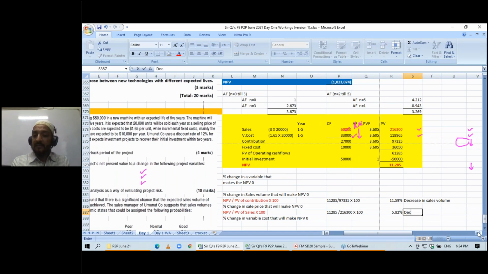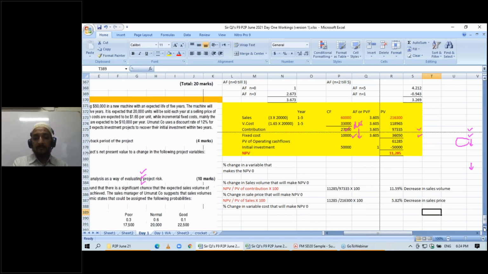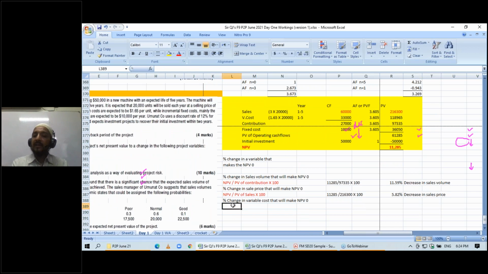So again, there is a decrease. A decrease in sales price up to 5.82% is acceptable. Not more than that. And you can calculate that amount as well. You can take 5.82% of $3 and deduct it from $3. So you will get the sales price. So you can calculate the price also by deducting 5.82% of $3 in order to arrive at the lowest price,